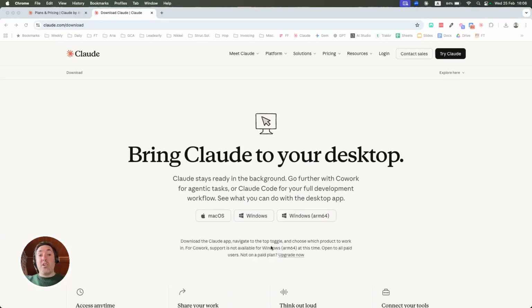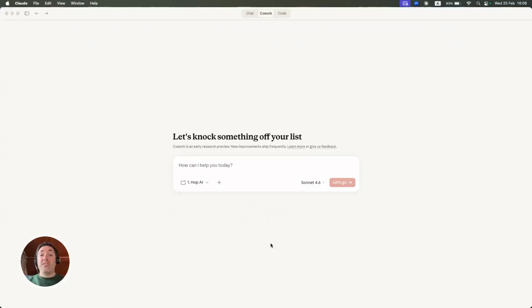Step one is to download the Claude desktop app from claude.com/download. It's available on Mac and Windows. Just click on either icon and it will start downloading automatically. Once it's installed, open it up and you'll see the CoWork tab at the top here, right next to chat and